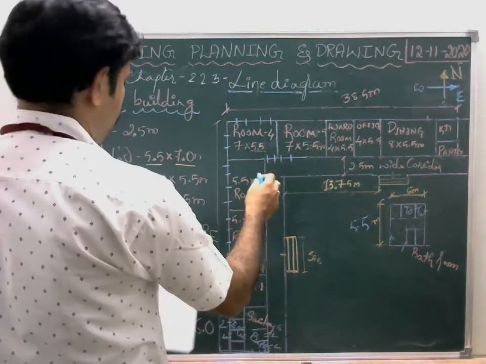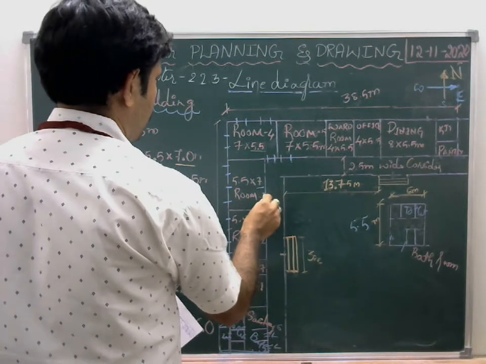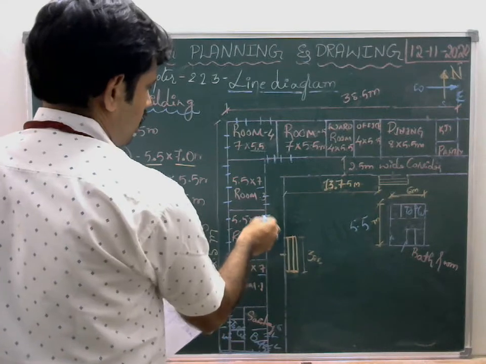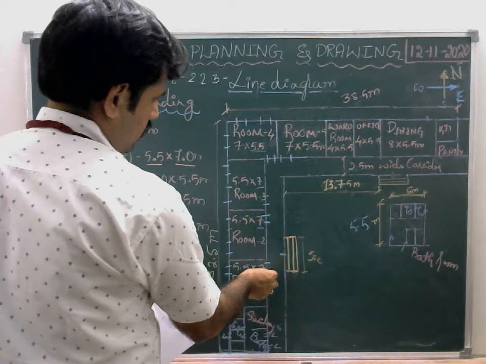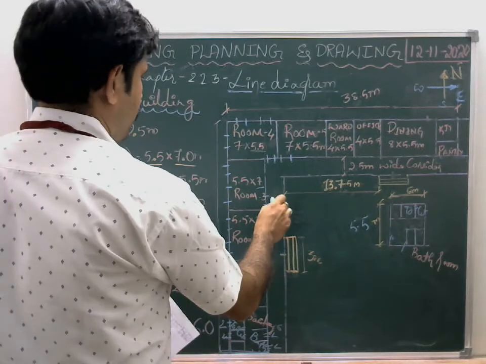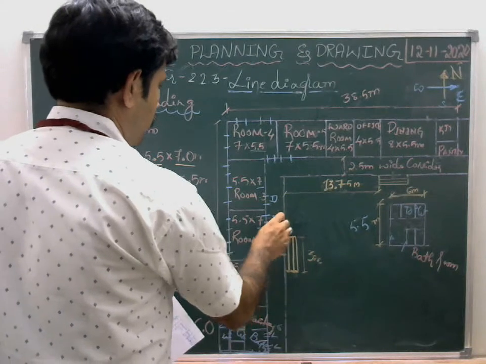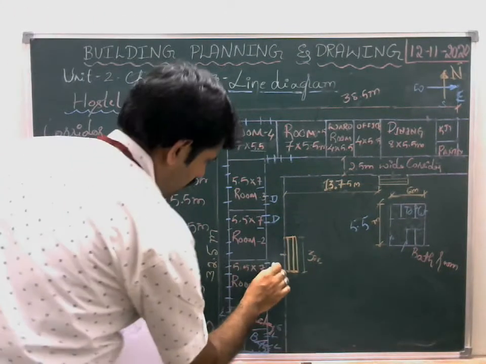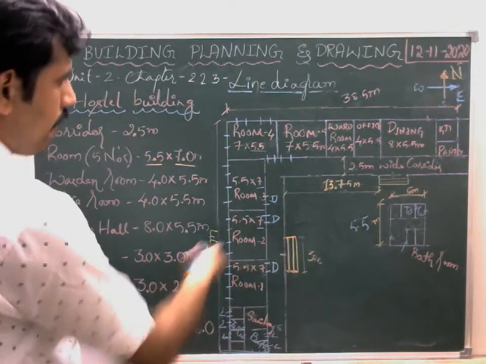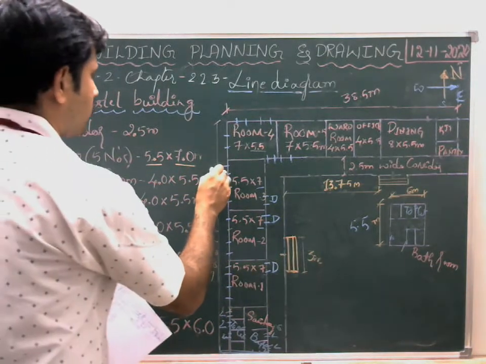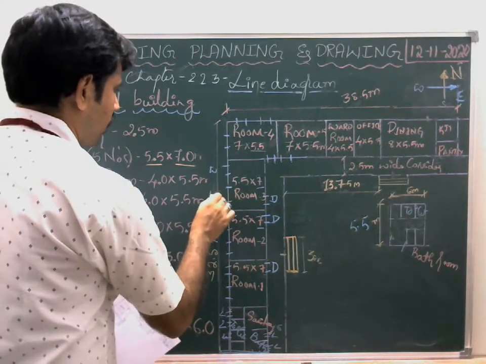And then I have to provide doors. So I will provide here, and for this, I will provide here itself. We have to mark it as T. If door sizes are different, then I have to mention them as D1, D2, D3. Here I am going to provide common doors, that means the same size of door everywhere.